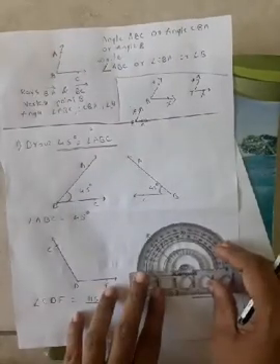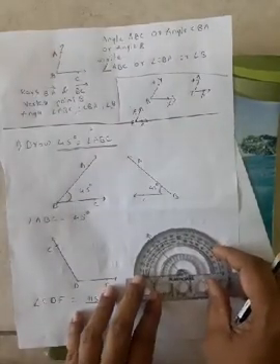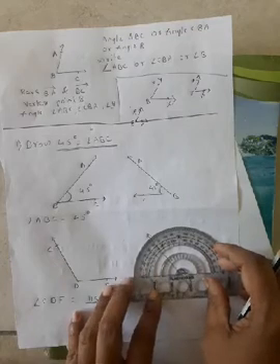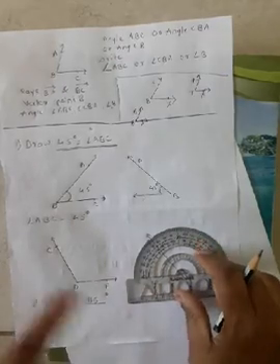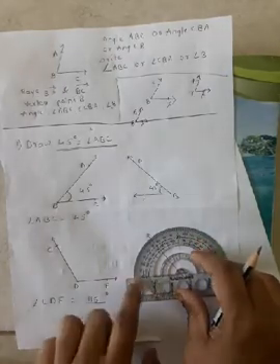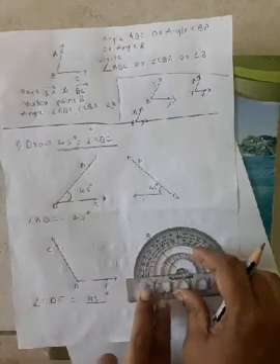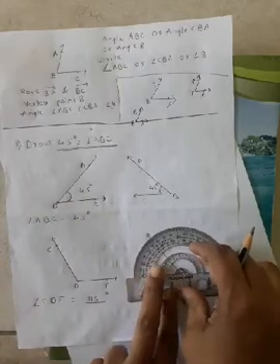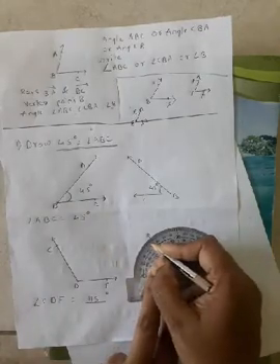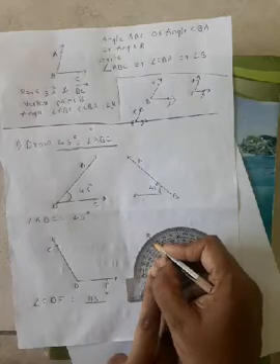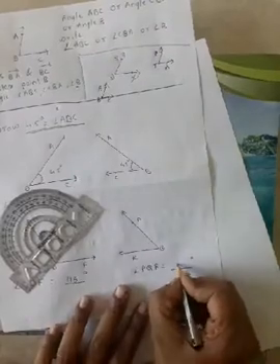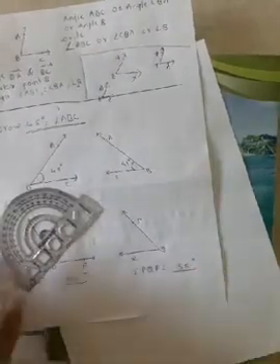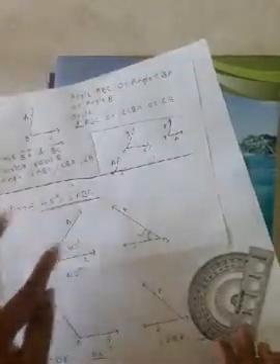And here also keep the middle point where the angle is. And where is the arrow? Left side, this side. You start from the 0, 0 to this one: 50, 51, 52, 53, 54, 55. Got it? Angle PQR is 55 degrees. Understand? How to draw and how to measure, all of you understand now?